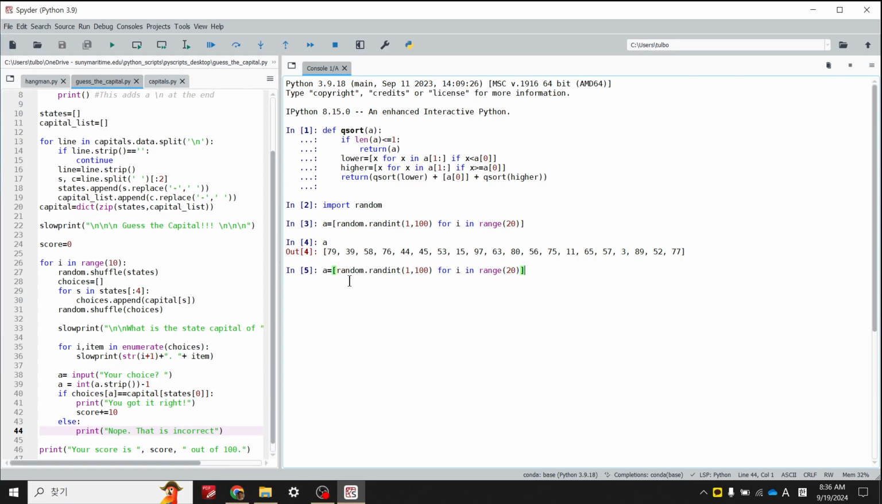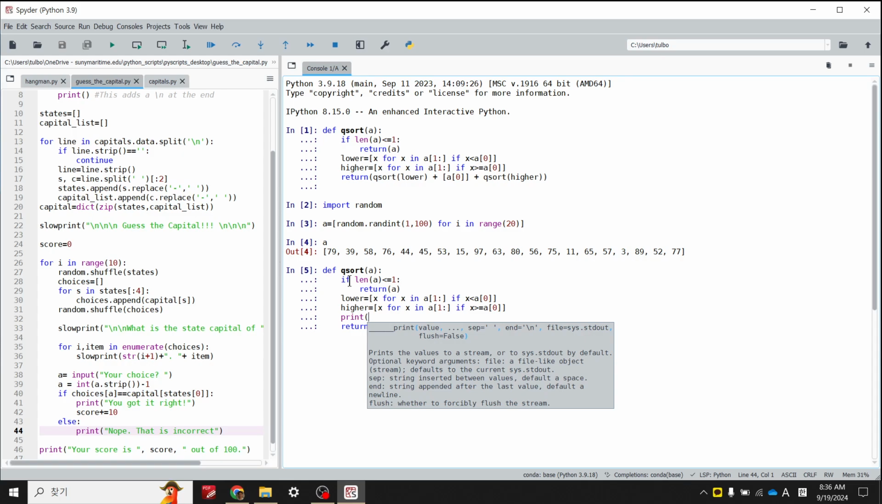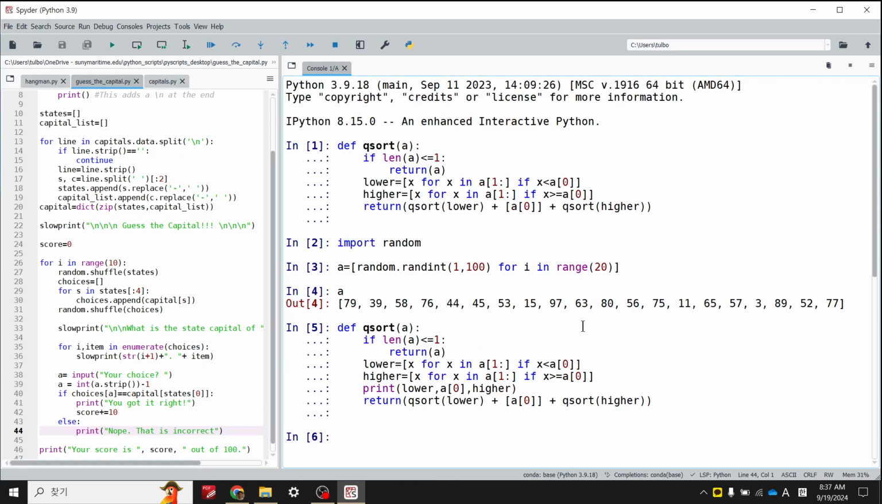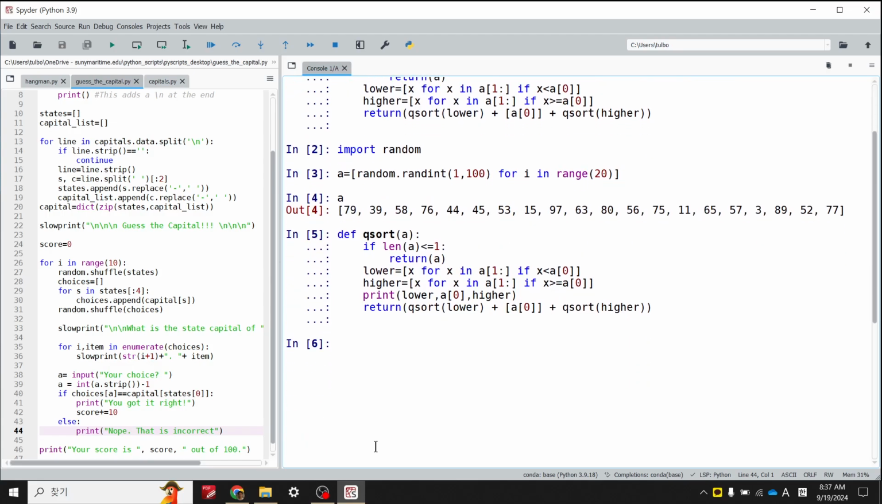Okay, so if I change the Q-sort code to actually print out the lower and the higher, so let's say print lower, comma, A0, comma, higher, and then run this. Let me make this larger. So if I quick sort A,